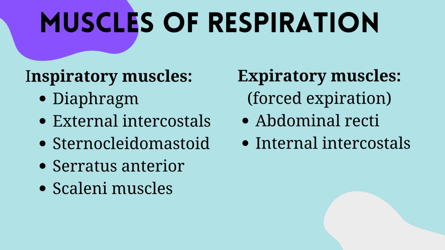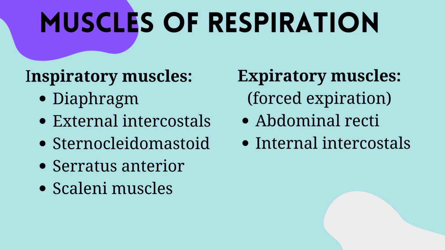We have your inspiratory muscles and your expiratory muscles. In your inspiratory muscles, obviously the most important one is your diaphragm. So normal respiration occurs only by a contraction of your diaphragm. So when your diaphragm moves down, your inspiration happens, and then when it relaxes by passive elastic recoil, there is expiration. And these are like your accessory muscles.